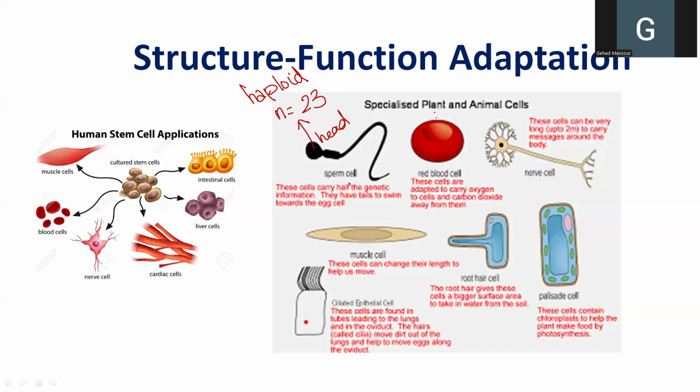Here, for example, we have cells that are adapted to carry oxygen. How are they adapted? By containing the red pigment hemoglobin that can form a loose bond with oxygen, and the bond is loose in order to facilitate the delivery of oxygen to the cells. It can also carry carbon dioxide back from the tissues to the heart. We also have the nerve cells, which are characterized by being very long and very active cells, and therefore they contain mitochondria. We also have a type of plant cells called the palisade cells, which are present in